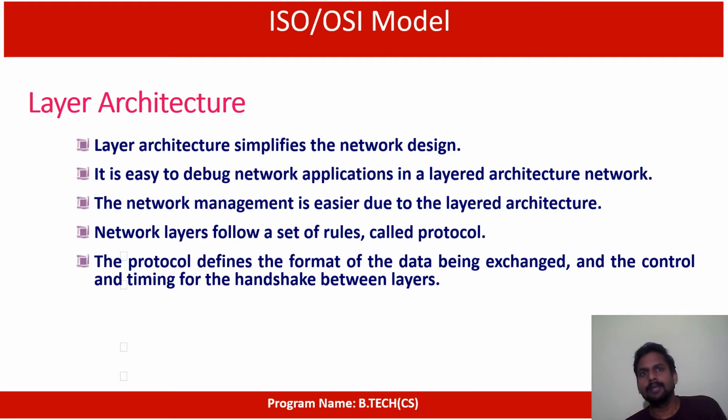For example, suppose I'm transferring data from my system to the opposite system. What will happen here? My data, which is in some other format, will be converted into binary format, because all systems are able to process only binary information, obviously. So it converts the data into binary, and that binary information is transferred to the opposite system. This transmission of bits happens at one level, and this level is called one layer.